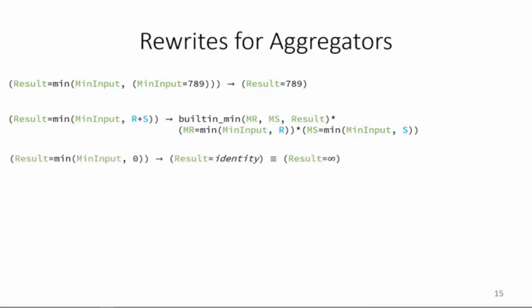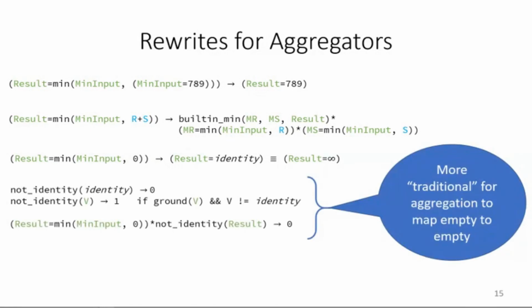Here's the interesting rule. In the case that there are no contributions, meaning that it is aggregating over an empty bag, represented here by 0, then this does not rewrite as 0, an empty bag, but rather returns the identity element for the aggregator. In the case of the min aggregator, the identity is defined as positive infinity. Now this might seem a little strange compared to other relational algebras which include aggregation, but we can recover a more traditional view of relational algebras by filtering out the case where nothing was aggregated over. The reason for this oddity is it allows us to have additional flexibility, as exhibited by our second rewrite rule here, and others that are in the paper which are useful when dealing with infinite bags.